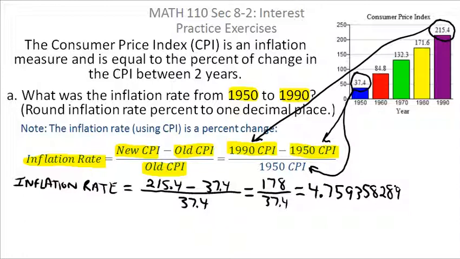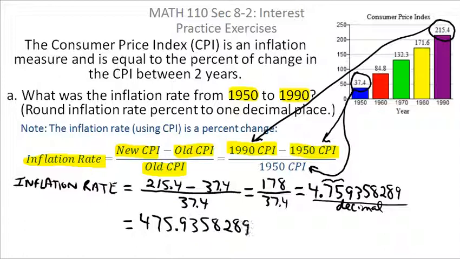Also remember that when you divide, you're getting a decimal. They want the inflation rate as a percent. This is a decimal. Remember, that's a decimal. When you do the division, you get a decimal. So if you want to actually write that as a percent, you've got to move the decimal place 2 places to the right. So that's actually 475.9358289,